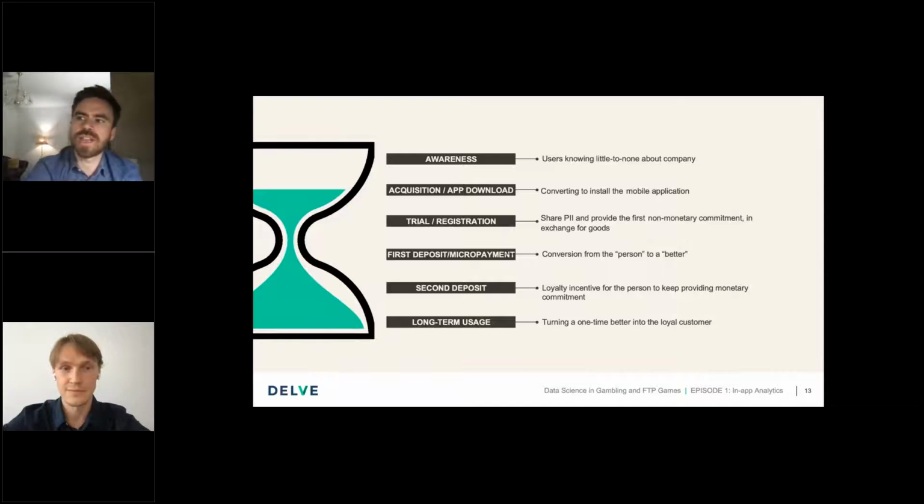Later, there is the stage of trial or registration. At this point, they're going to share personal information and provide the first commitment, because bringing personal information is something that they need to invest in the relationship with the company. In exchange, they will receive some goods so they can play the game without extra money.